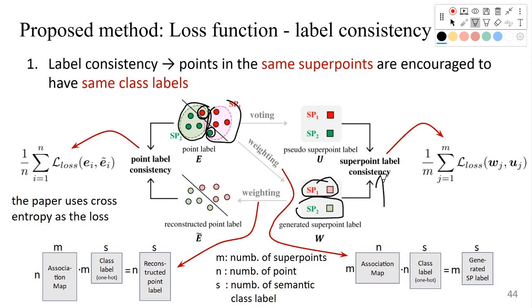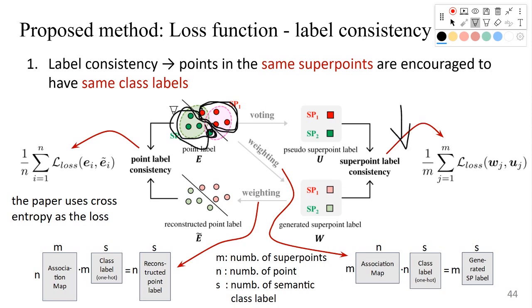So if we force this consistency, we want to force this to be the same as this, right? To do this, the network will assign more attention to this cluster, and it will also give high attention to this cluster. So finally, after several iterations, we will have this kind of homogeneous cluster by minimizing both the superpoint level loss and the point level loss. In my opinion, this is the main loss that triggers these homogeneous superpoints.